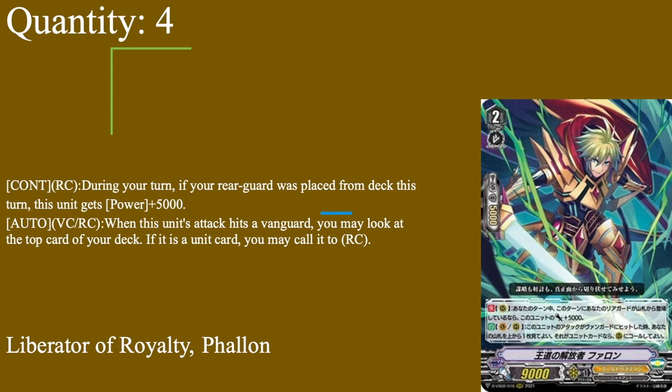And now we have our final grade 2 and our new grade 2, Liberator of Royalty Phallon, 9k base, 5k shield, grade 2 with Intercept. Continuous rear during your turn. If your rear guard is placed from deck during this turn, it gets plus 5. So, pretty much, literally what most of this deck does. The second you get to grade 3, you're probably calling something from deck this turn. So, a way to just swing for 14, unfortunately it has to be on rear, but still,